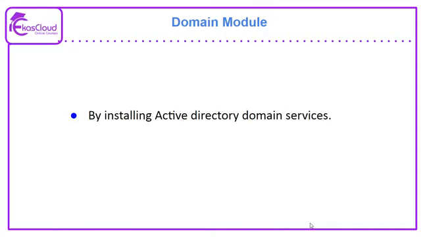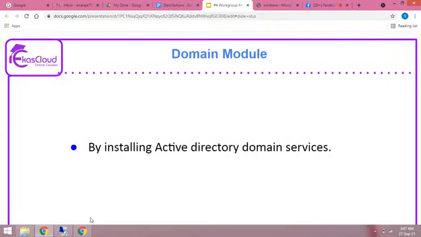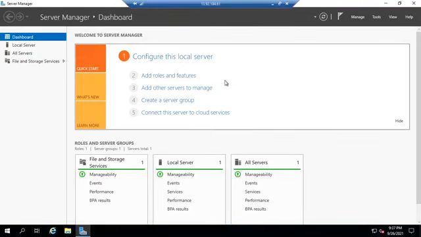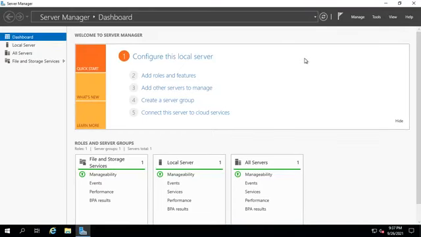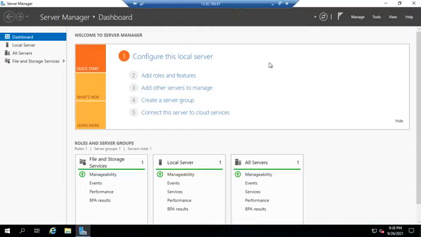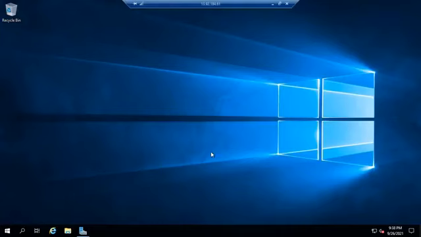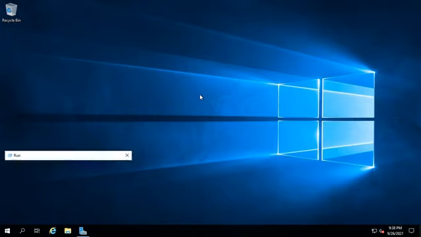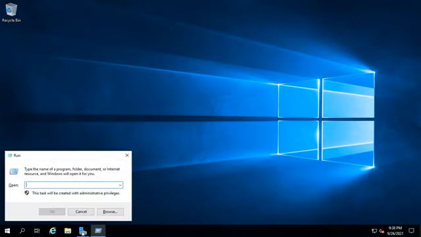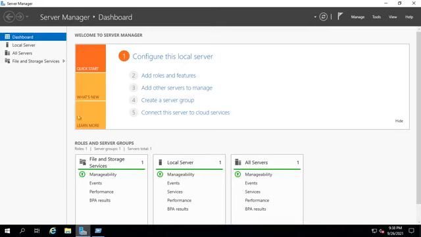Now I go to one computer. This is our computer, a Windows Server 2019 computer. Let me check the default model of this computer.